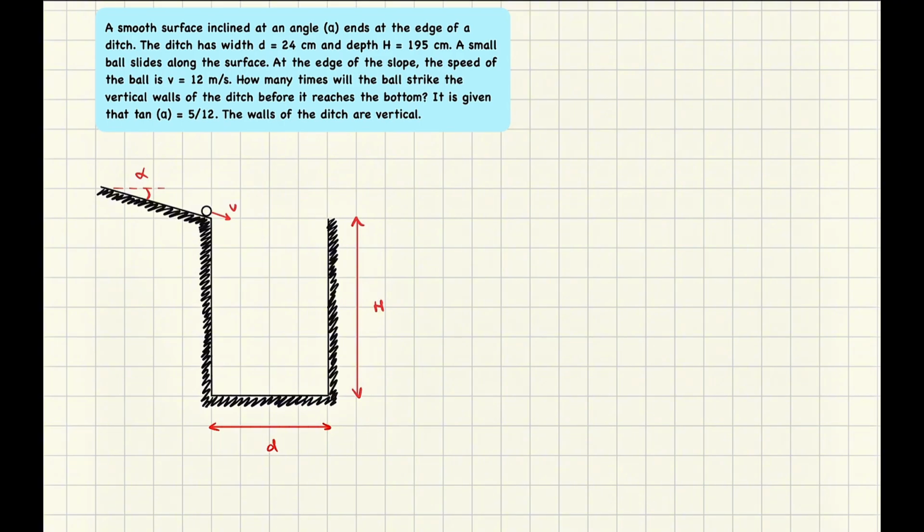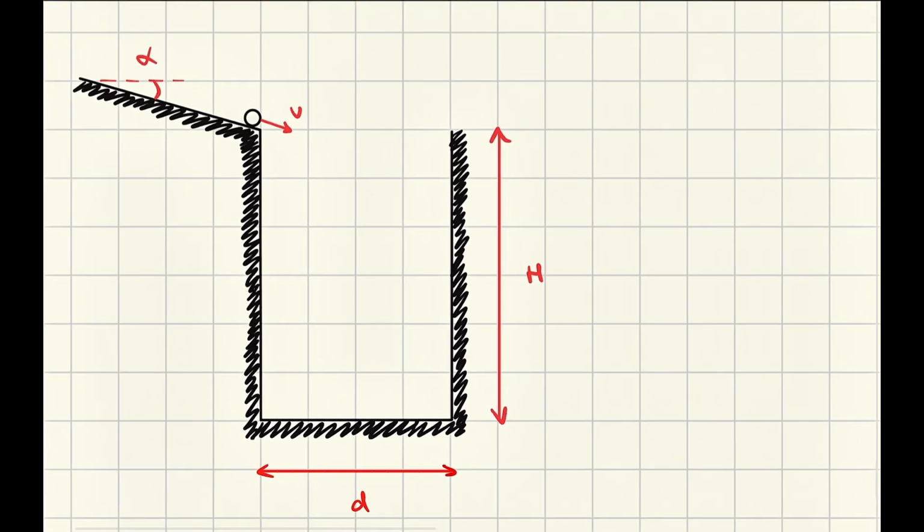It is given that tangent alpha is 5 divided by 12. The walls of the ditch are vertical. So what we have here is something like this. This is the image of our object. At the very beginning, it comes from this position to here, and then it falls at a certain angle,